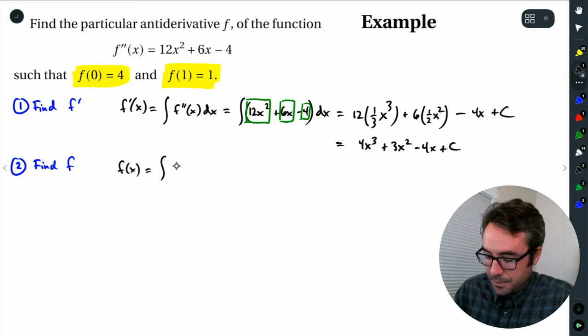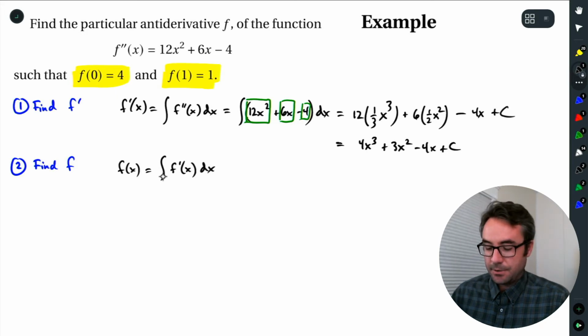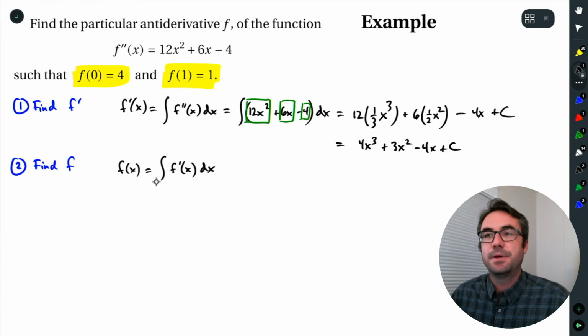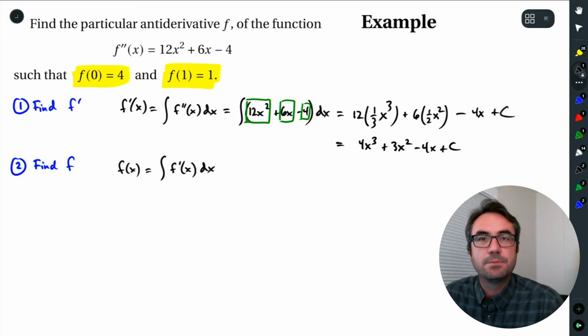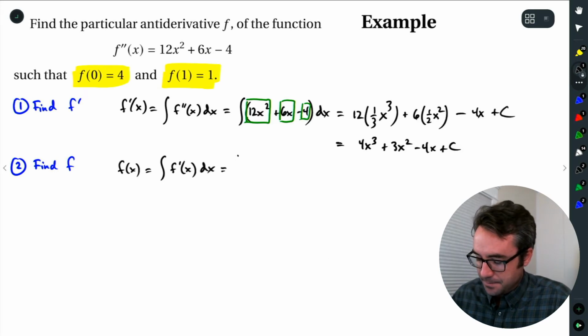And we're going to integrate our first derivative. So again, the integral and the derivative, they cancel each other off, and we get back our original function, and then we'll just have some more constants to deal with. All right, so let's fill in